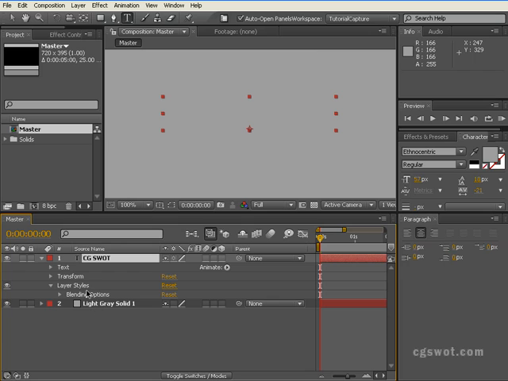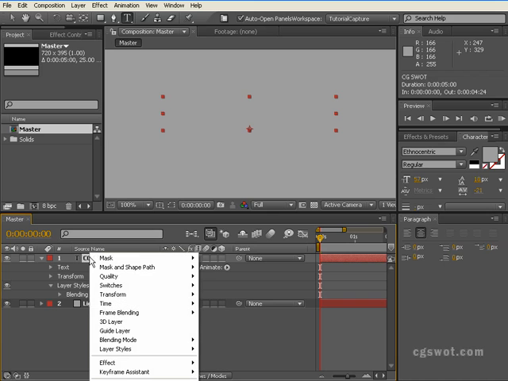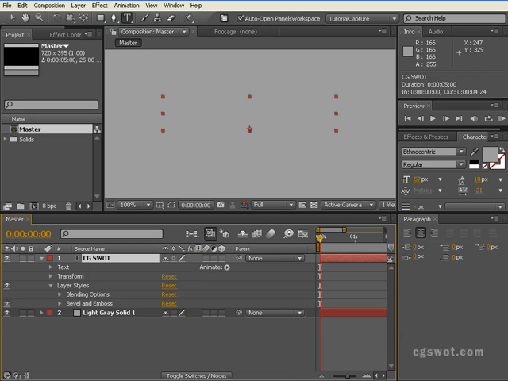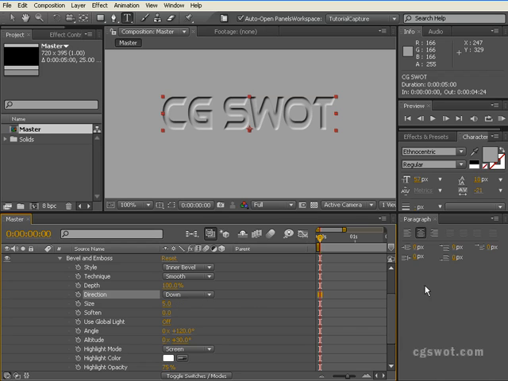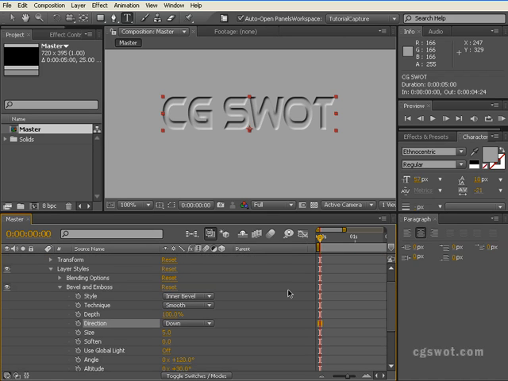So we'll just get rid of drop shadow, and what we're going to do is try to give this text the impression that it's punched the outline of the text into the material or the background layer underneath. So if we right click on the layer, and just navigate to bevel and emboss, and what we're going to do is swap our direction from up to down, and we're also going to